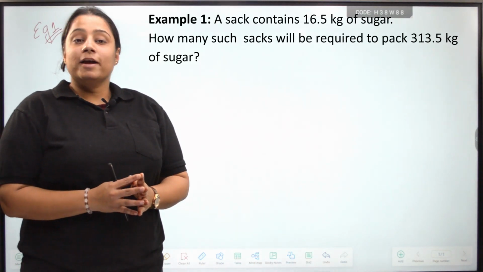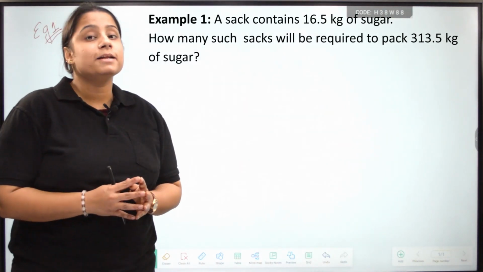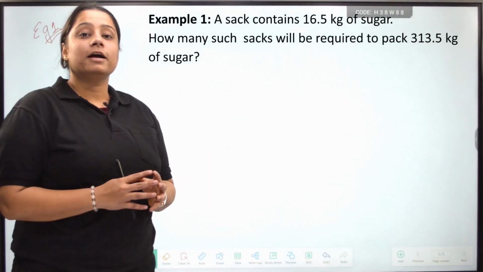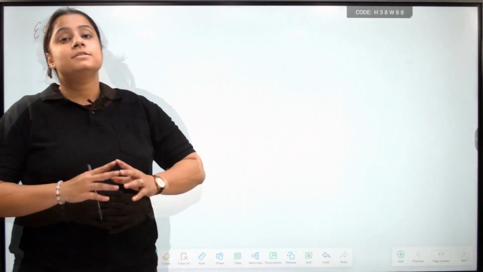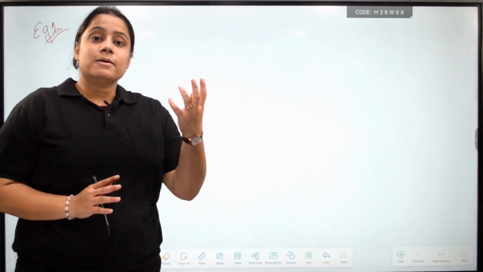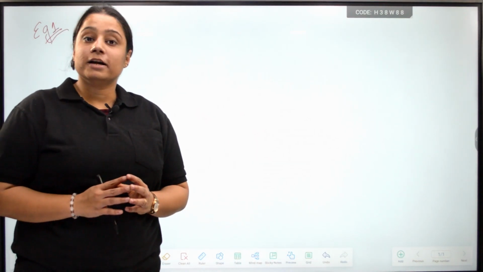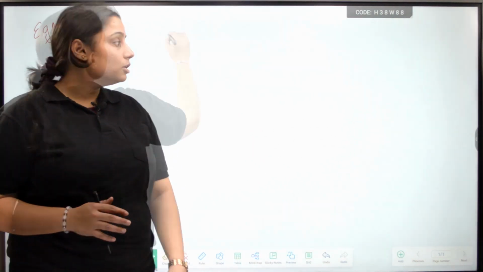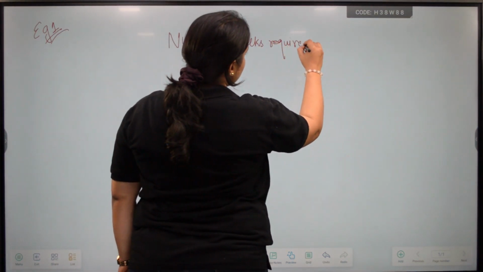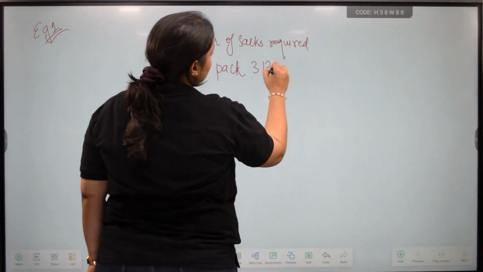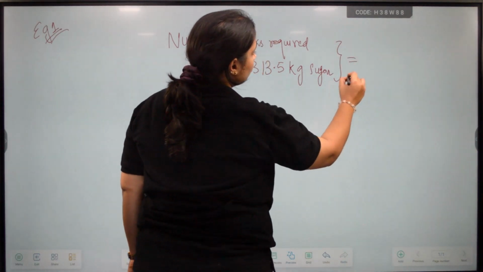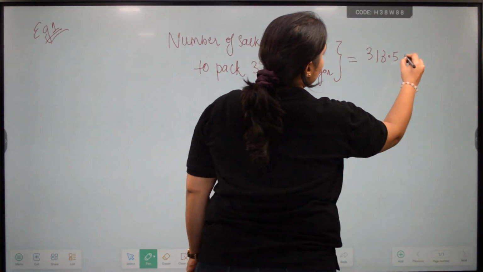Word problems on division of decimals. Example 1. We have a sack that carries 16.5 kgs of sugar. We need to find how many sacks can pack 313.5 kgs of sugar. A sack contains 16.5 kgs of sugar. We need to find the number of sacks that can pack an amount of 313.5 kgs of sugar. So the number of sacks required to pack 313.5 kgs of sugar will be equal to 313.5 divided by